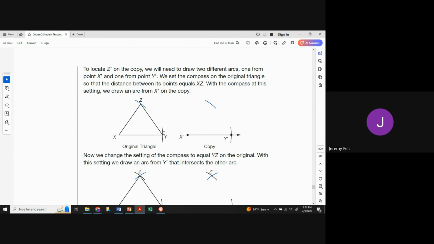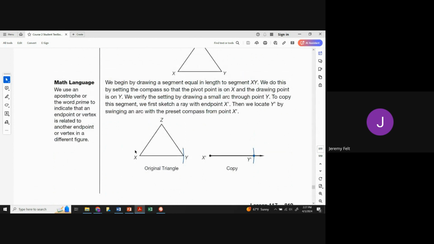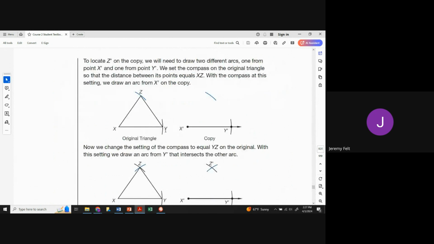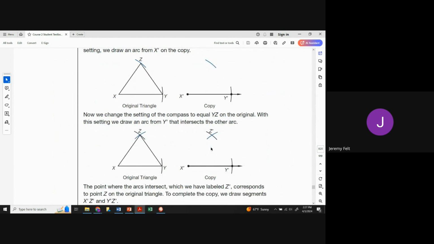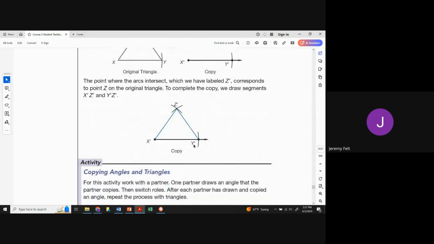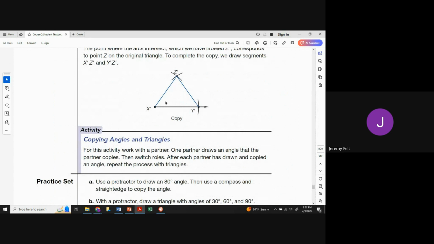Then we go from z. We need to draw 2 different arcs, one from x and one from y. So then we would go x to z, y to z, draw your 2 arcs where they cross. That's going to be vertex z. That's where z prime is going to be. And we'll do the same thing for all of them, and we end up getting our 3 vertices,